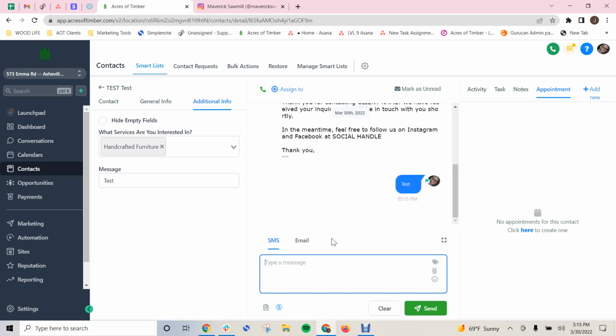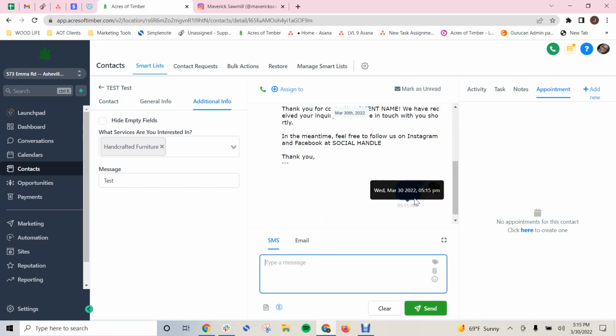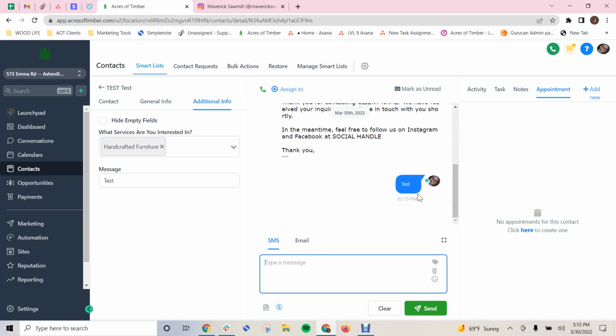So I'm going to send this text. You can see right here it went through. If it's a Facebook message, it'll have a Facebook icon, Instagram icon. If it's email, it'll look like an email icon. So we have test here. If this person were to respond, which I will do,